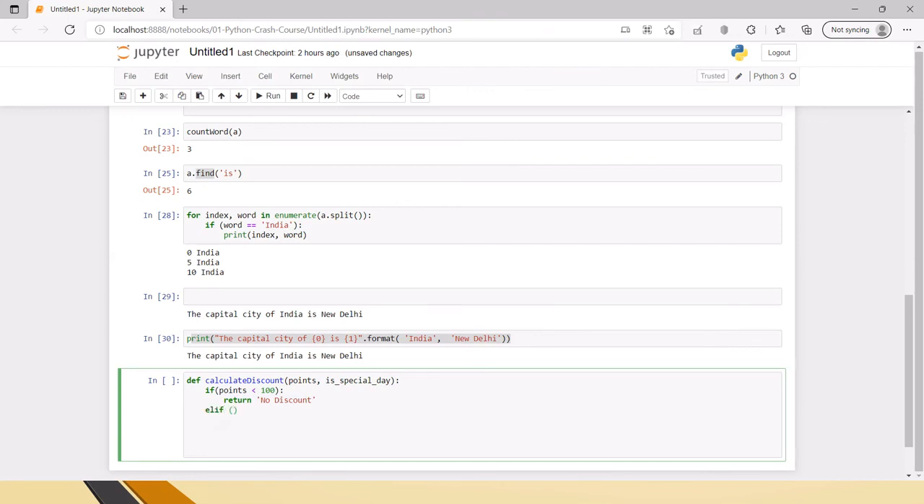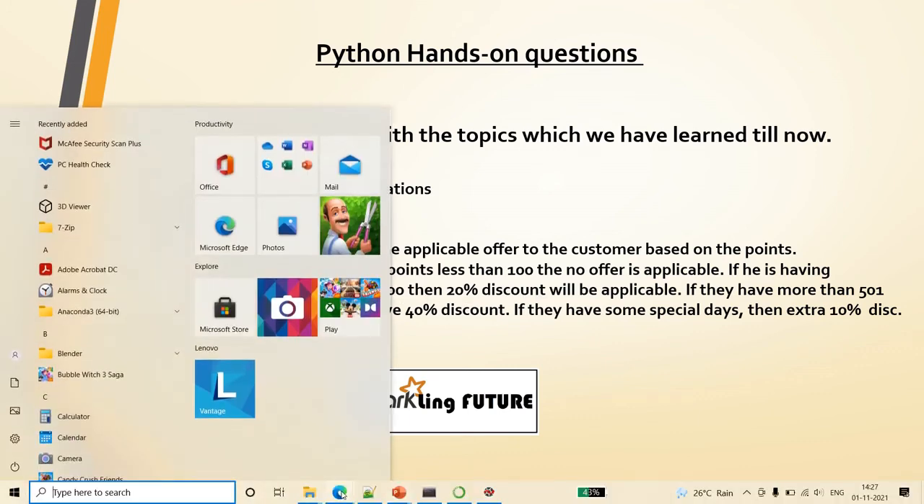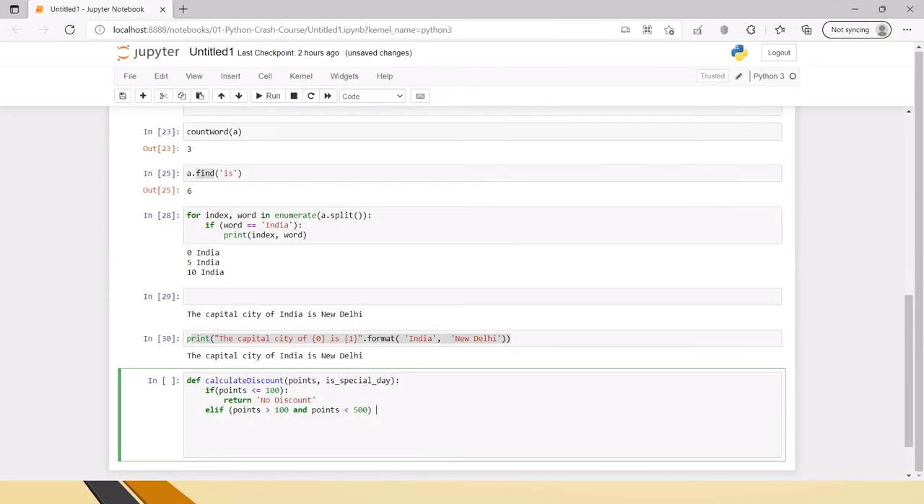Else if points greater than or equal to, or here greater than 100, and points less than 500. So this is the second one, 100 to 500, then give 20% discount. So if less than 500, then return 20% discount. And also we have to do the check here